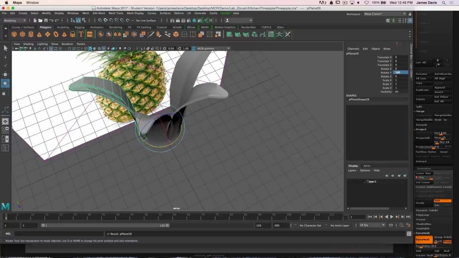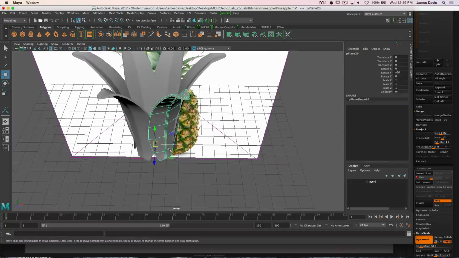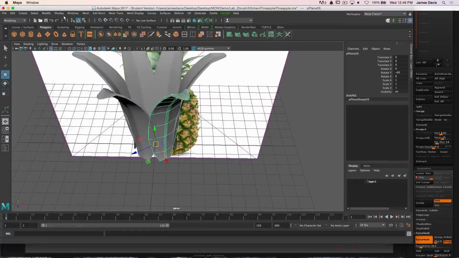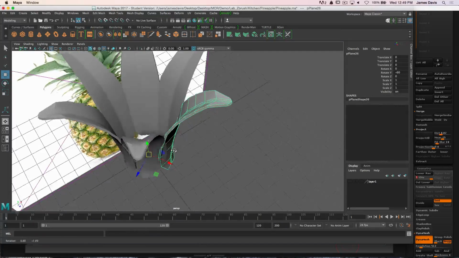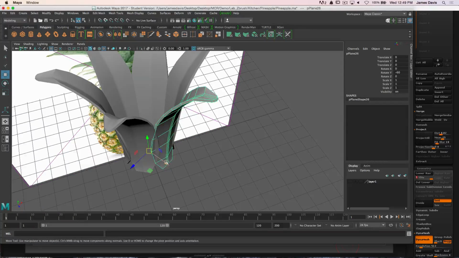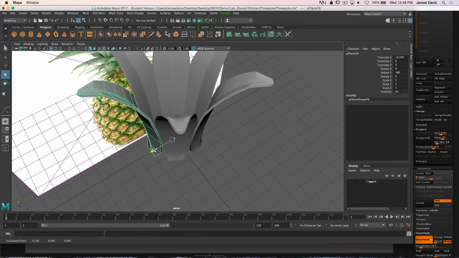Shift D, Shift D, Shift D, Shift D. And change it. Actually, let me change my tool settings, axis orientation. Clicking on the 4th tab here, you can go in your tool settings, and under axis orientation, I'm going to change the direction which your manipulator faces. So this was facing down the axis, now it's facing down the direction of the object. Just going to move these out slightly